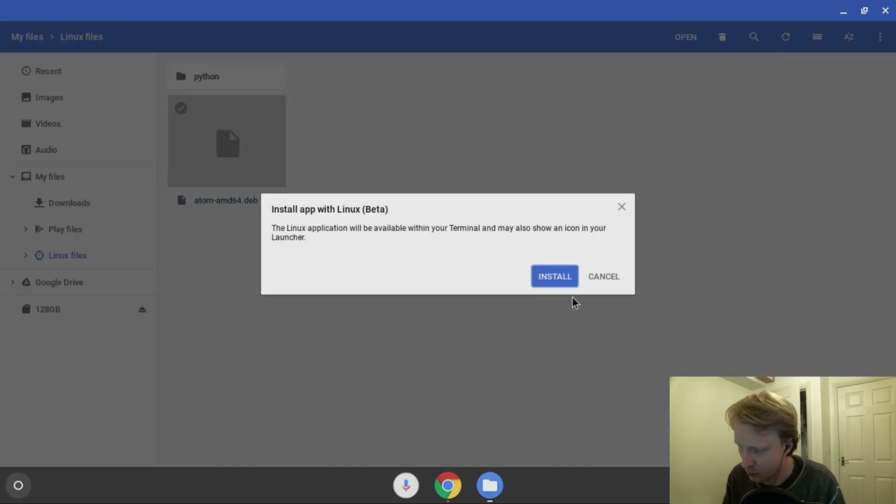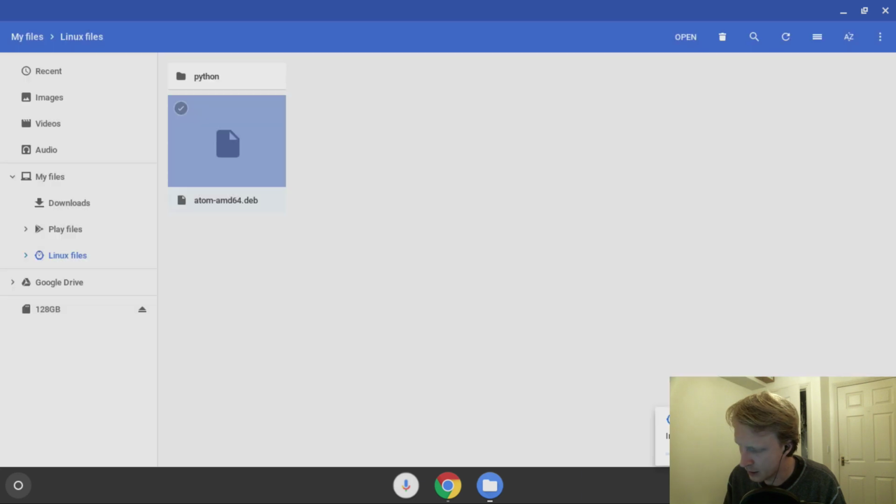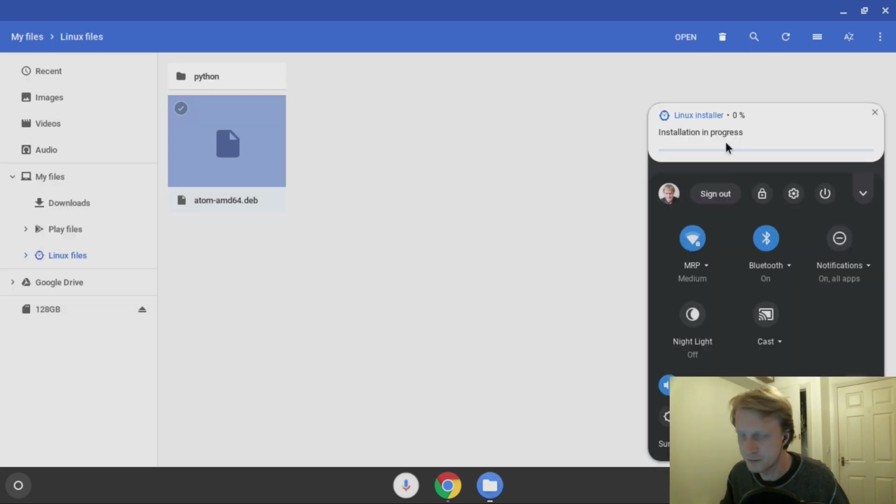It's asking me, do you want to install? Yes, click OK, installation happening. So there you go. Let's wait for the installation. And while it's installing, I'll let you know what I mean by hope for the best that this is going to work. I tried a couple of Linux programs with Debian packages to be installed on my Chromebook, but not everything is